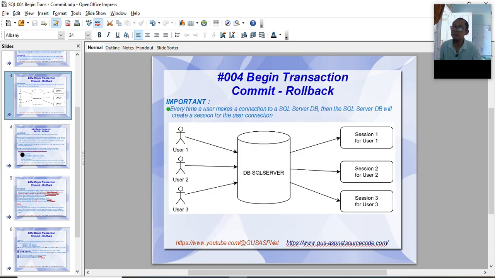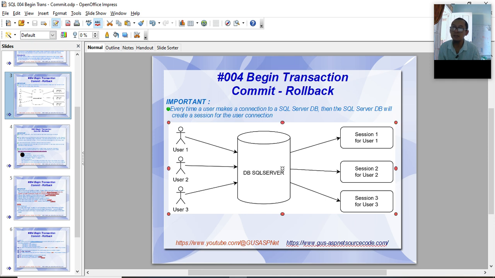Important: every time a user makes a connection to the SQL Server database, the SQL Server database will create a session for the user connection. See here, user 1 creates a connection to SQL Server, and SQL Server will create a session for user 1, and so on.